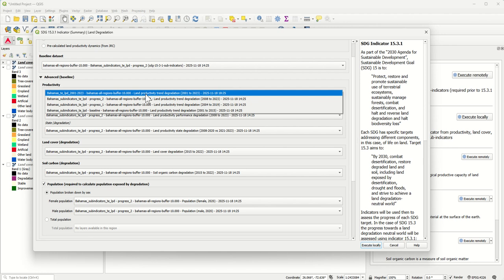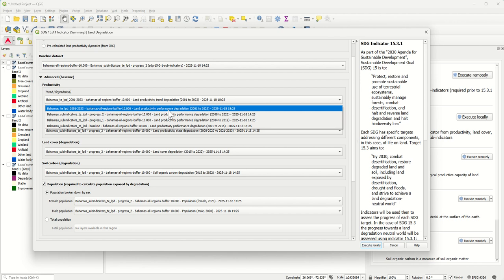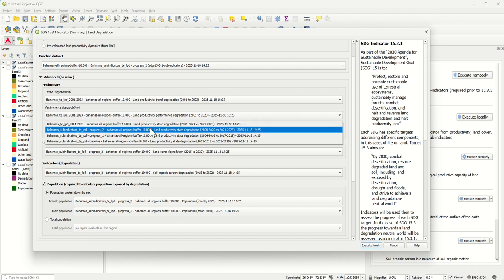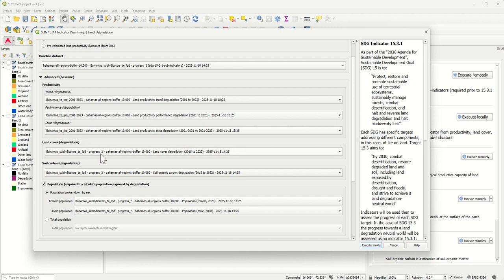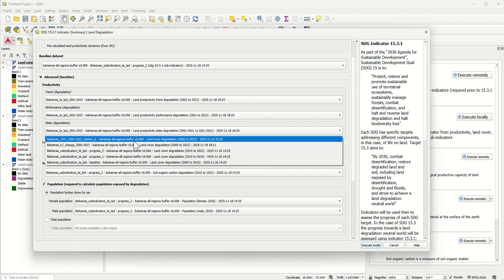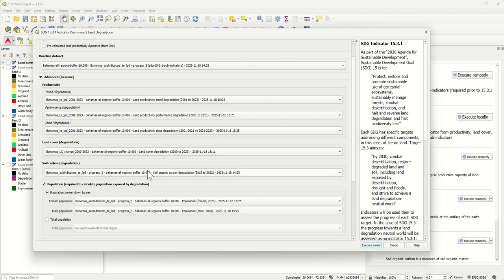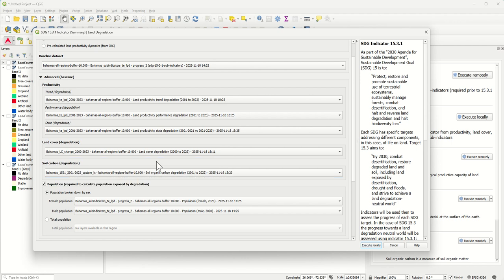So I'm selecting the trend degradation from 2001 to 2023, the performance land productivity metric for 2001 to 2023, and the state metric also for the same time series. Here under land cover is where I'm going to select the land cover degradation layer that I assessed for the Bahamas from 2000 to 2023.